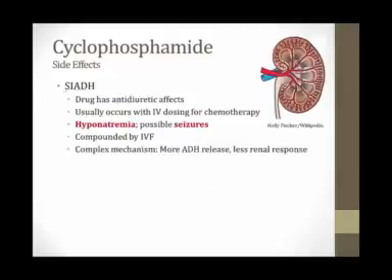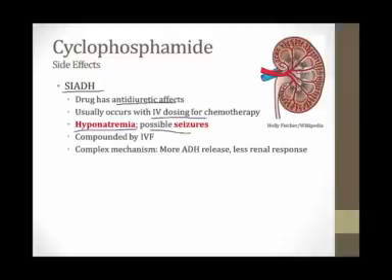Cyclophosphamide can also potentially cause SIADH. The drug has what's known as antidiuretic effects, which means it leads to the retention of water. This usually occurs with the IV dosing used as chemotherapy for malignancy. Since it triggers the kidneys to hold onto water, this can potentially cause hyponatremia, which can sometimes lead in severe